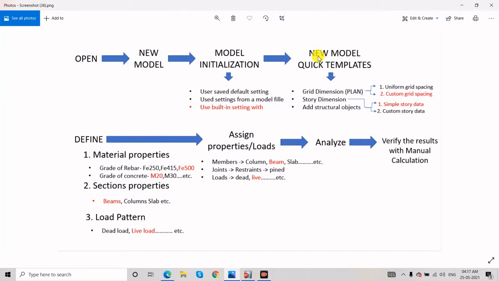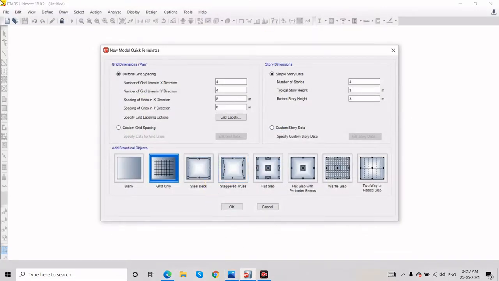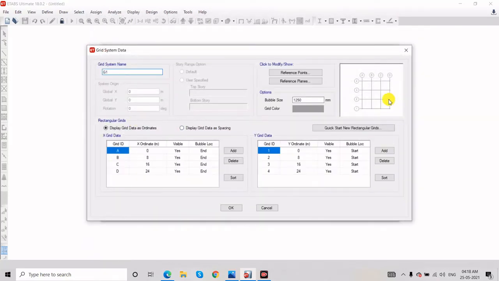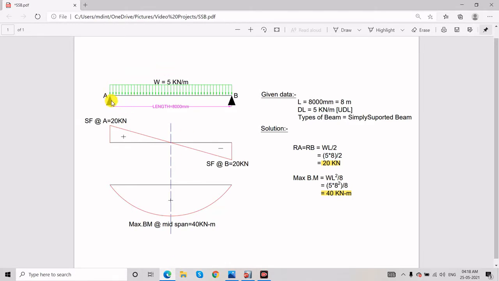Next, the fourth option, new model quick templates. In that we will go with the custom grid spacing and simple data storing. Click on custom grid spacing, edit grid data. This beam is only in the x direction, so we have to create the grid: in the x direction 2 points, that is A and B, and in the y direction only 1 point.